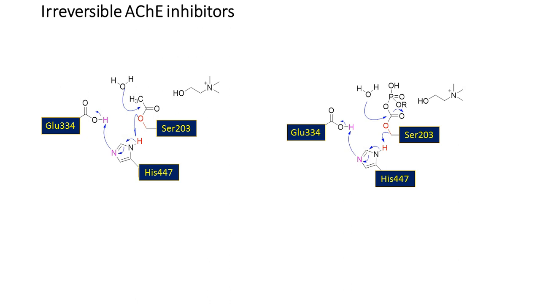So here what scientists use is a word, we call it aging of the enzyme. Aging means it takes a lot of time for release of serine, this serine hydroxy group, from this ester bond. So here there are a lot of applications. Here this is one of the examples. Sarin is one of the acetylcholinesterase enzyme inhibitors which was used in the World War, a chemical warfare agent which actually kills the acetylcholinesterase enzyme, thereby leading to fatality.